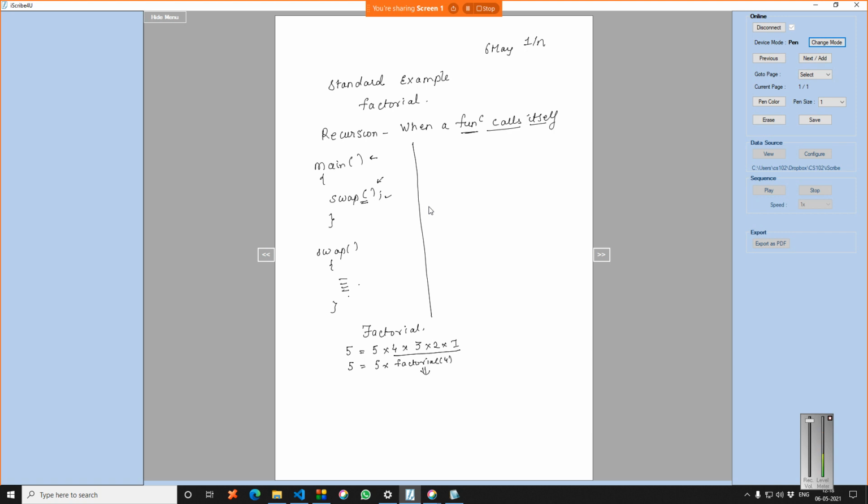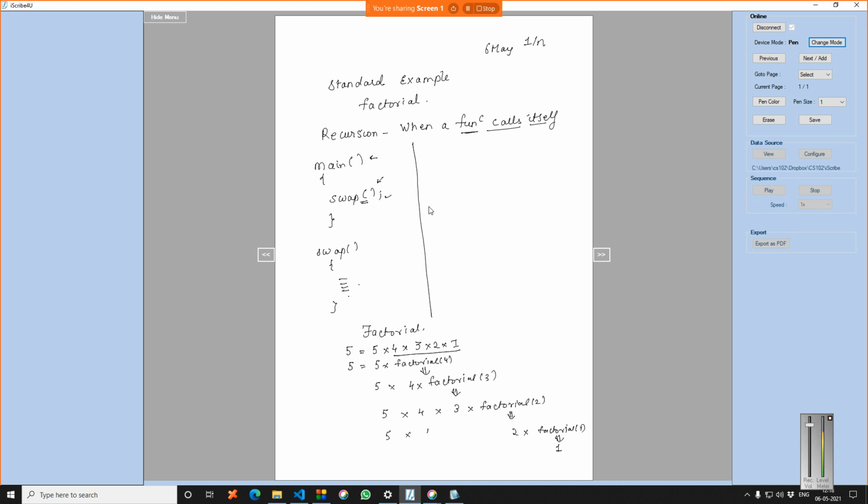Factorial of 4 can be written as 4 into factorial of 3. Again, 3 can be written as 3 into factorial of 2. This will become 2 into factorial of 1. Now we know that factorial of 1 is 1, right?